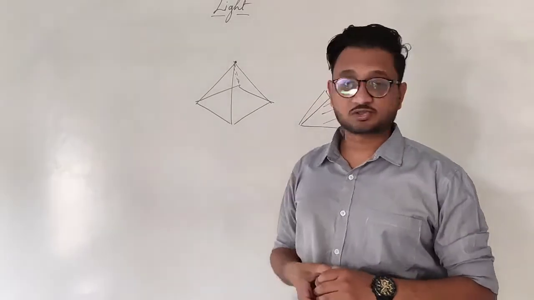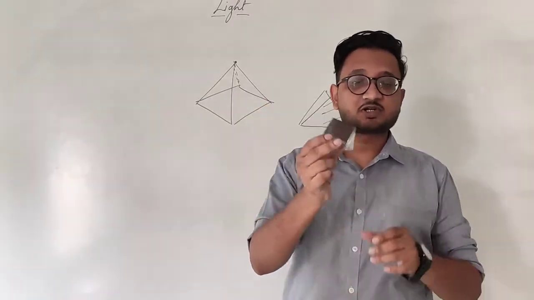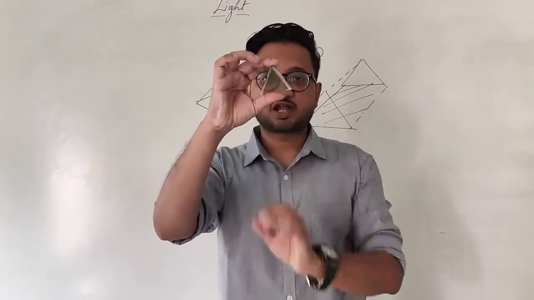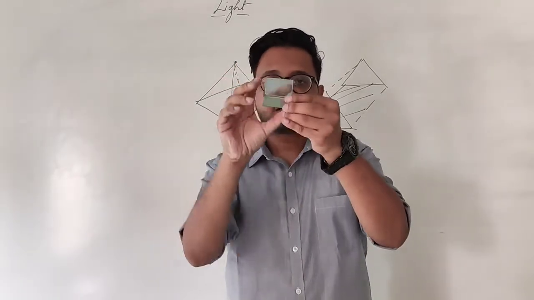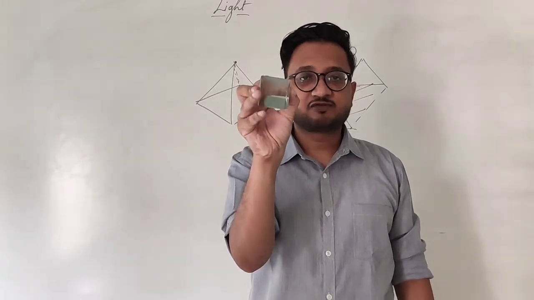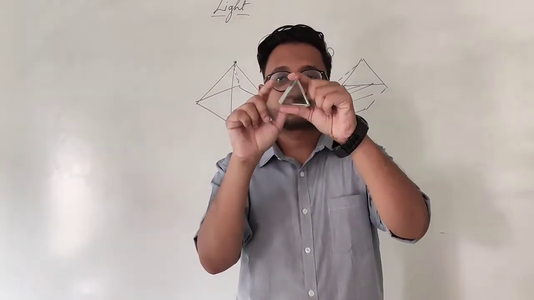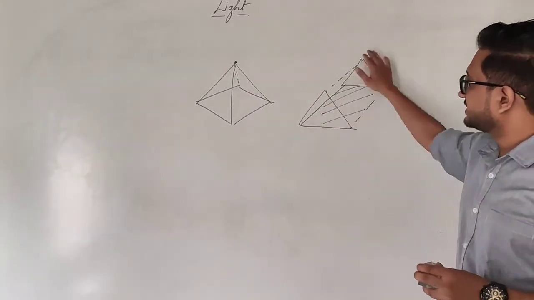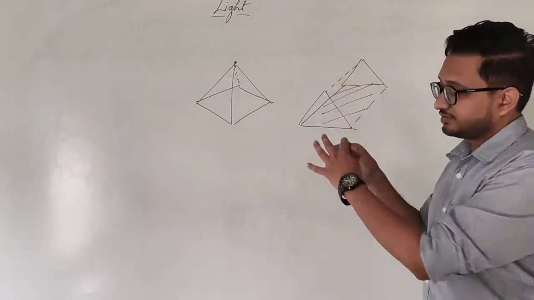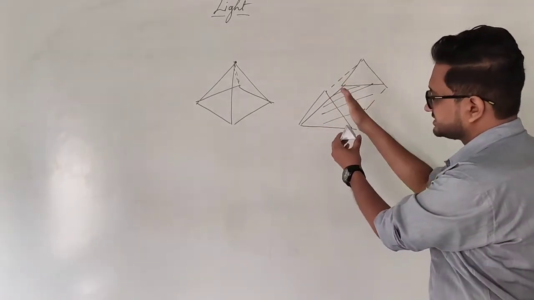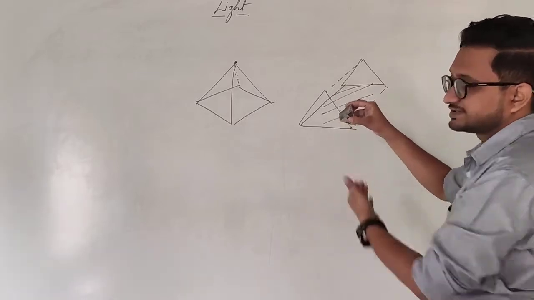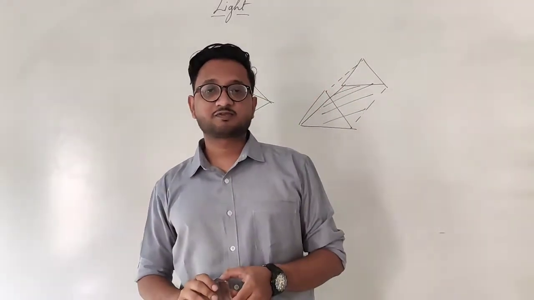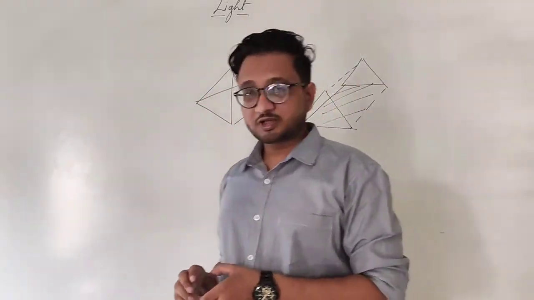Okay students, so here is the prism and this is what it looks like. When you see it from the front, you can see a triangular face, and on the back there is a triangular face. But on the sides it has three rectangular faces. All the triangular faces are connected to each other with rectangular faces, like here, a rectangular face here, and a rectangular face at the bottom. So we have a prism, and we are going to see the refraction of the prism, okay? Moving on.